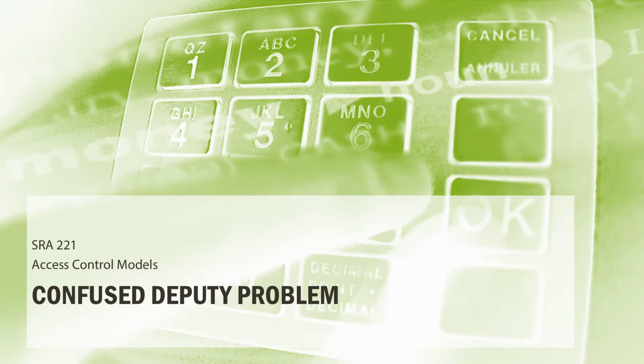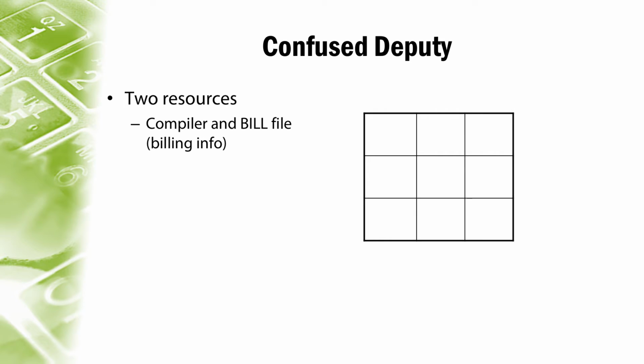Welcome to SRA 221. In this video, we will be going over the confused deputy problem. The confused deputy problem is a well-known problem that arises due to a poor configuration of access control lists in